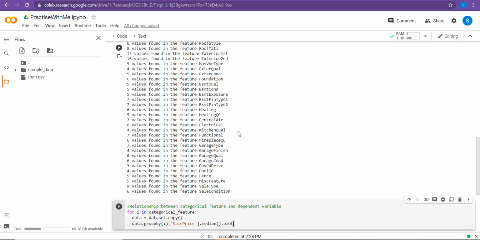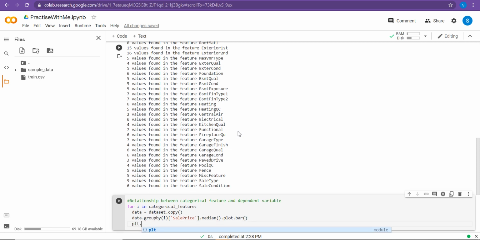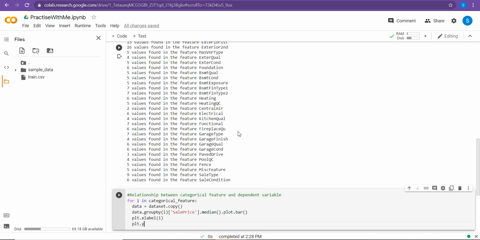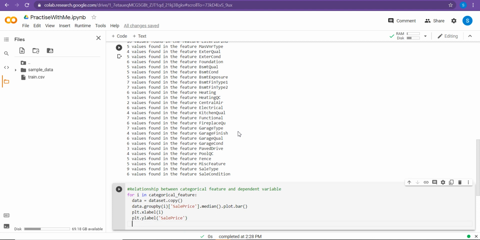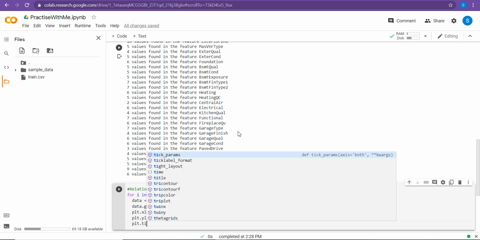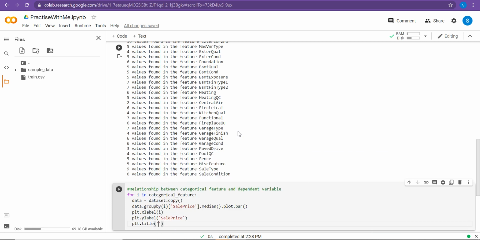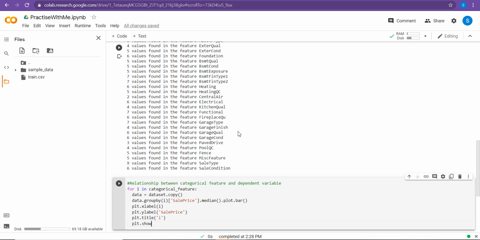Median of, dot plot dot bar of, plt dot x label of I, plt dot y label of the dependent variable, feature versus sale price. No, we can give just I, just for simplicity, show.